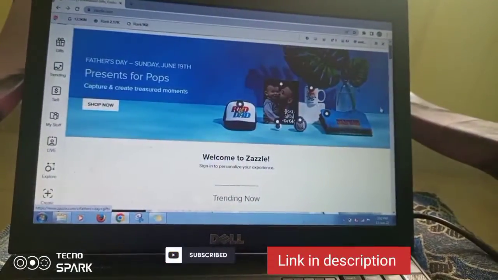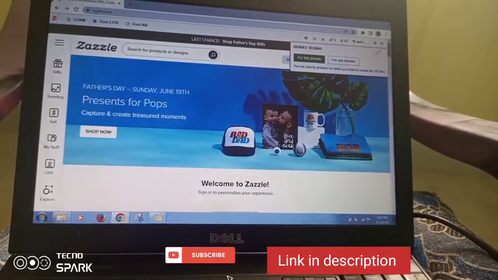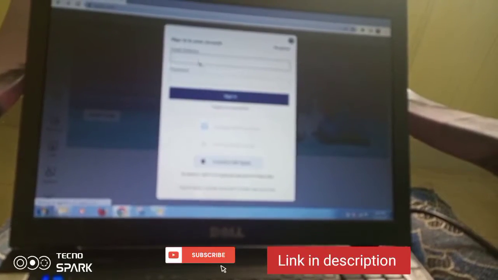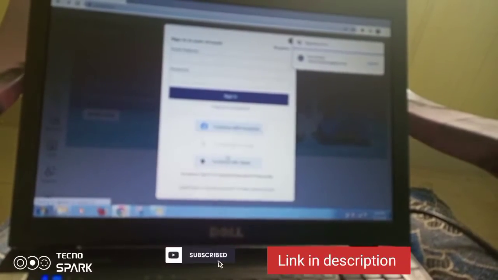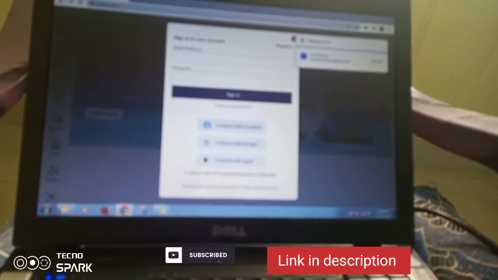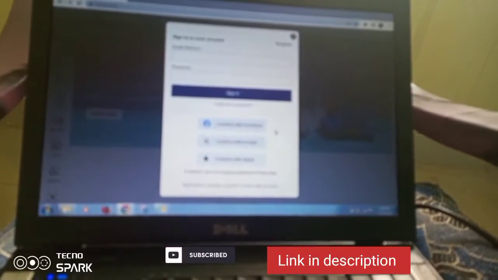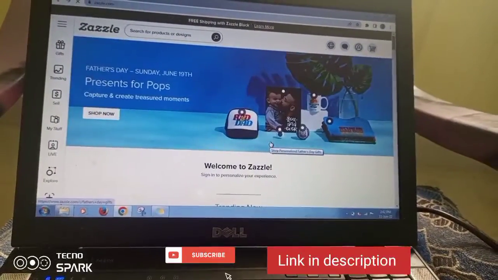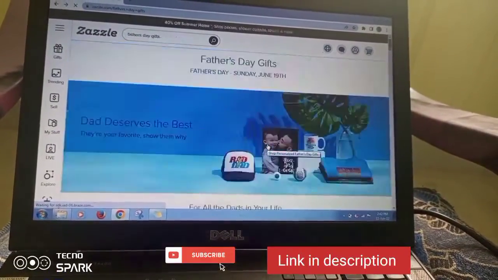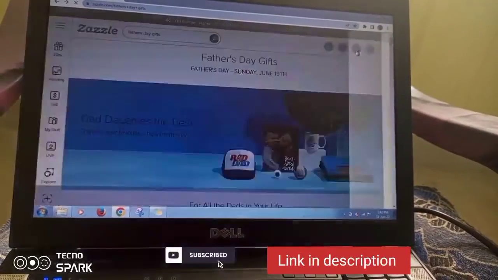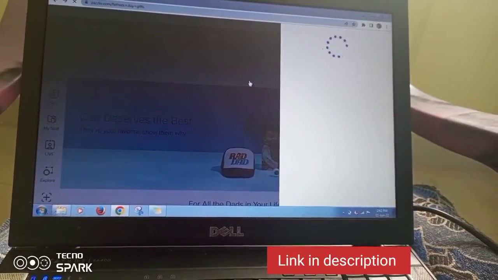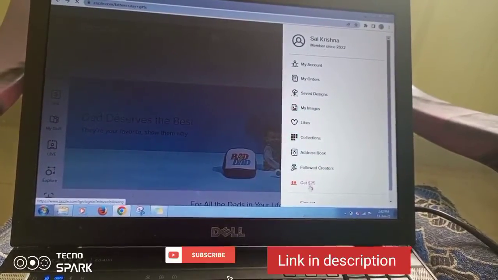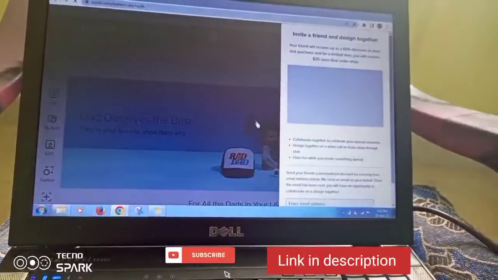If you tap on create, you will get different types of templates. For that you need an account. Let's create an account. For that you need to enter your email and password and sign up. After sign up, it will look like this. Here you can get all your